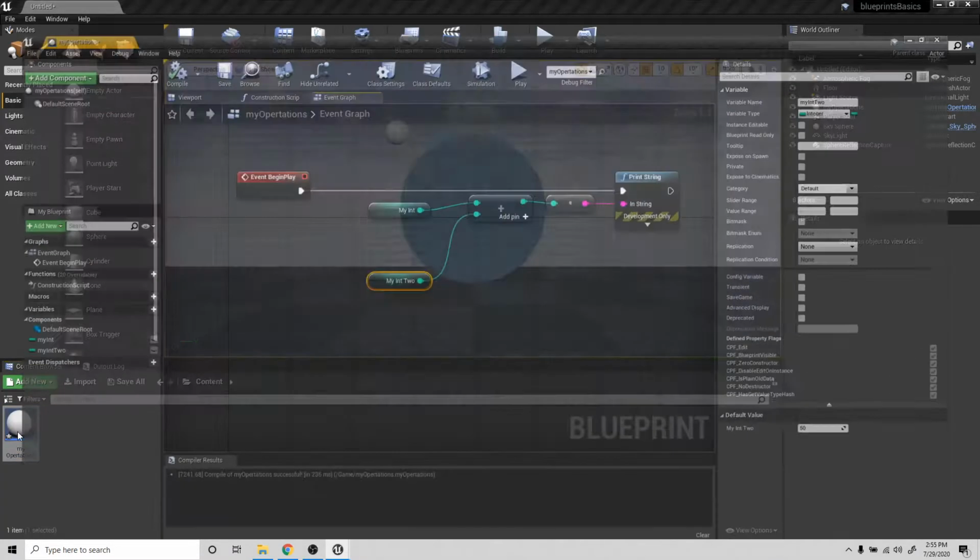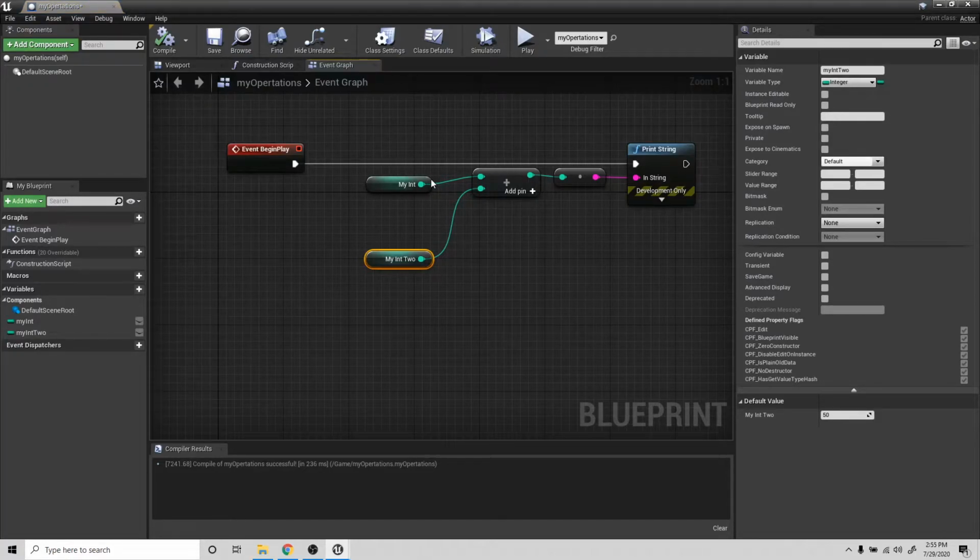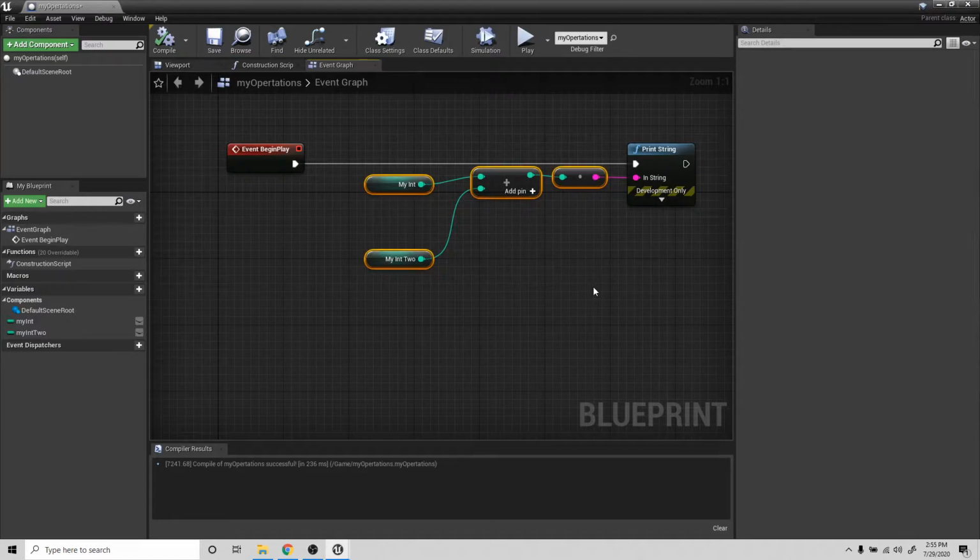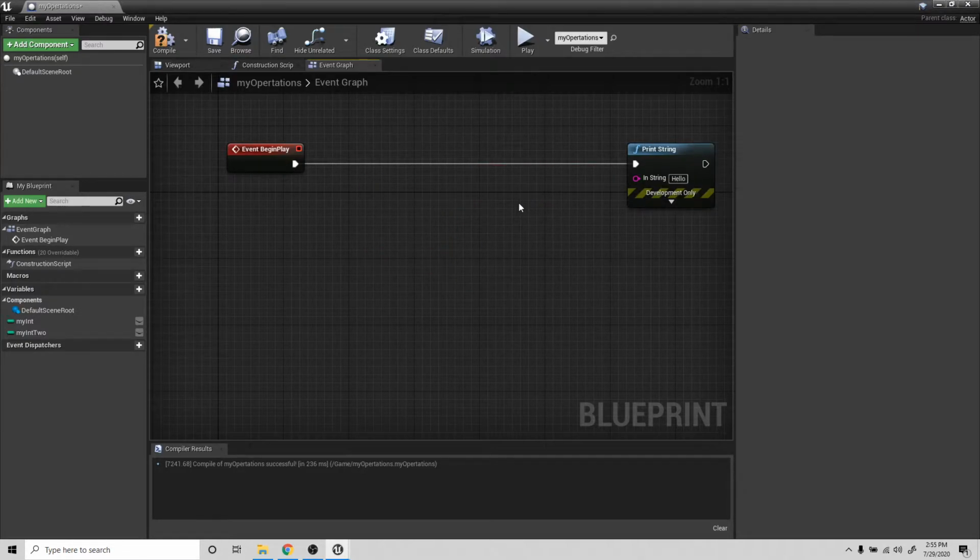Let's go back into the blueprint. So that's how we add two integers together. I'm going to get rid of these things. I'm still going to want to print a statement. I just want to show you some other